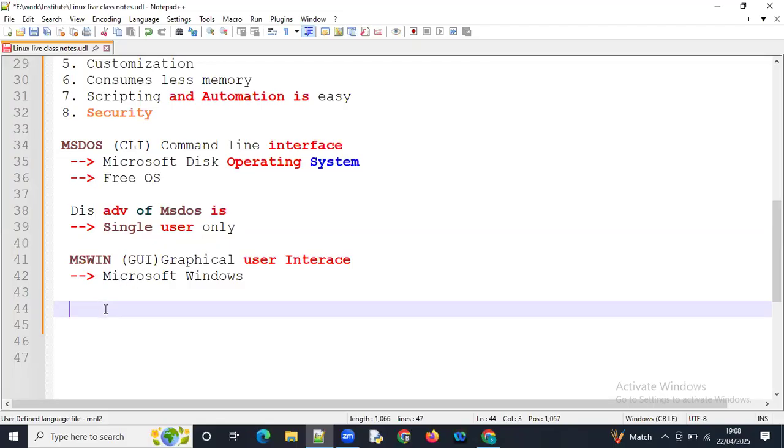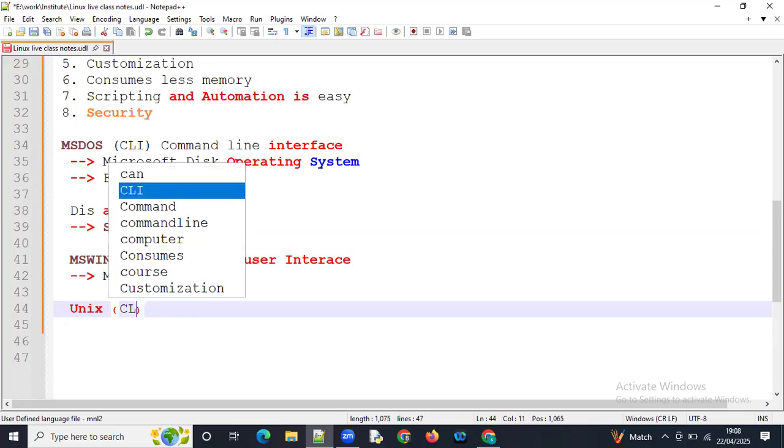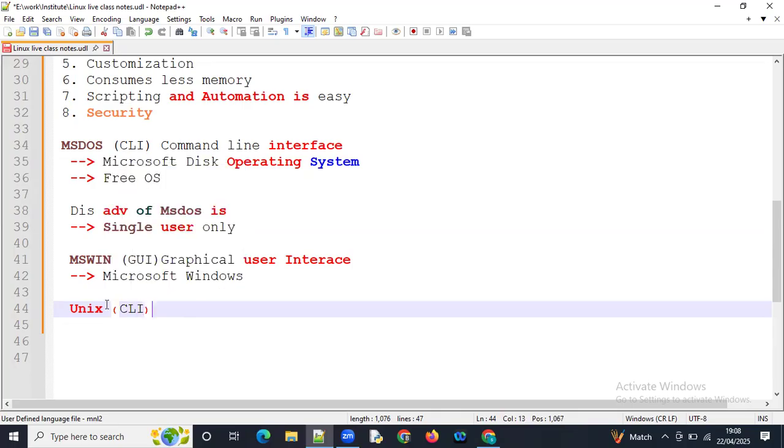And coming to the Unix operating system, Unix is also a CLI. CLI means command line interface. If you want to deal with Unix, then you need to deal with the commands.